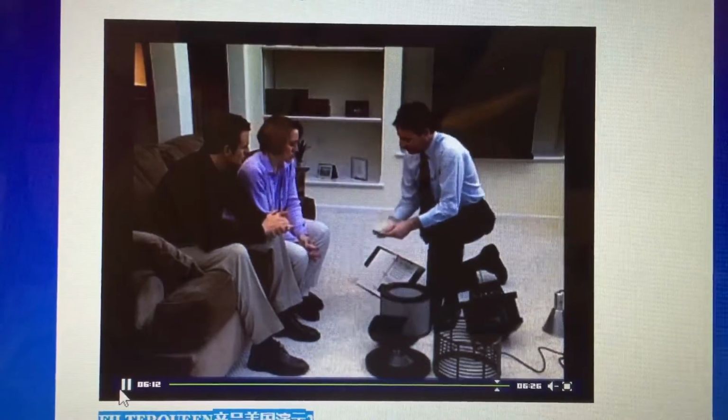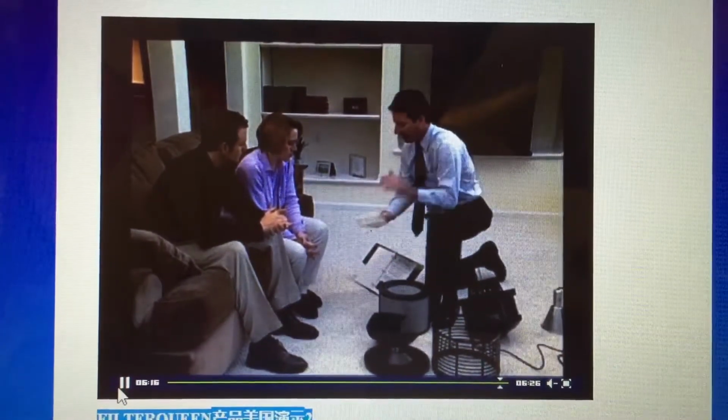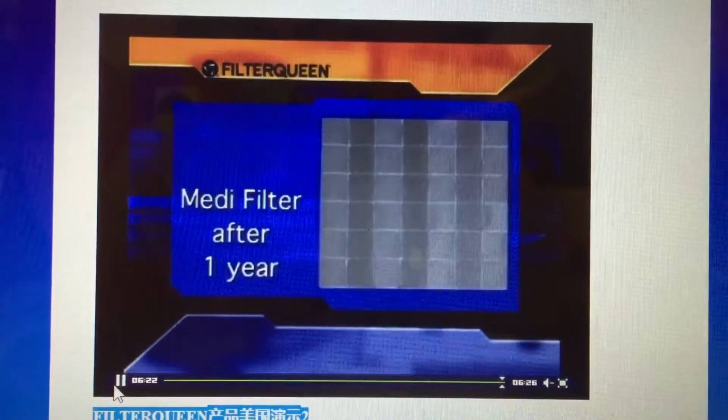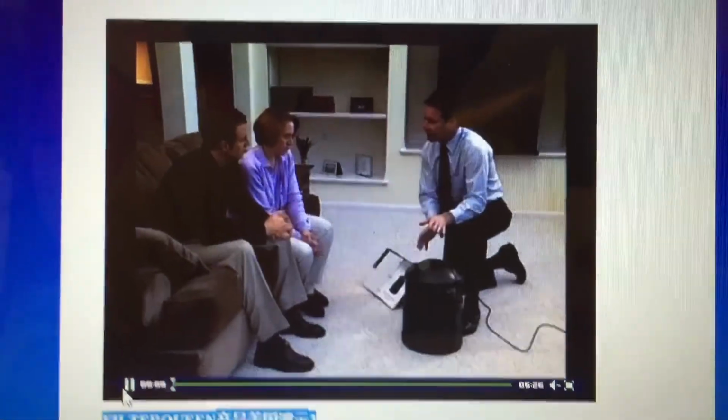This filter right here came from my daughter's room. After 1 year in her bedroom, I took the filter out and I cut it out and I carry this with me and show it to everybody. This is what my 1-year-old daughter would have been breathing in her bedroom, because this is what the Defender breathed for that whole year. All the dust, dirt, smoke, odors, germs, bacteria. There shouldn't be any smoke, because the best research